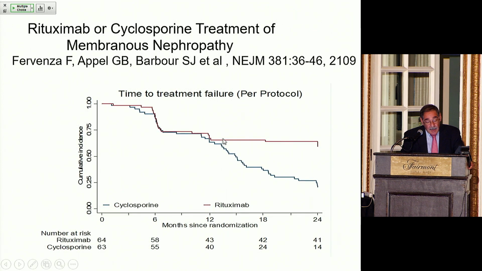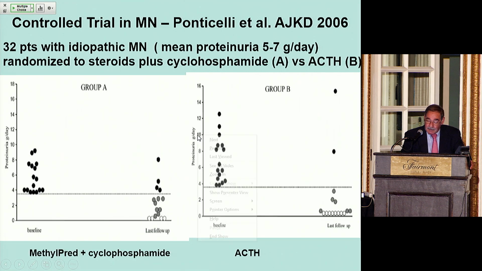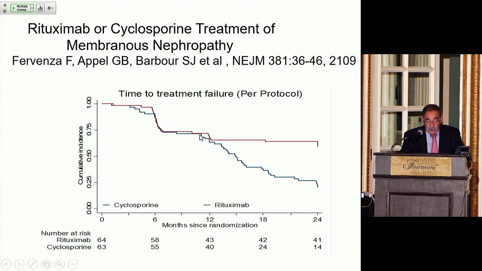But if you looked at relapses, the rituximab didn't relapse at the end of it. I'm a slow learner here. Here you go. The cyclosporin kept relapsing. So essentially, you got the same 70-something% remitting. This study was done in people who averaged 14 grams of proteinuria for at least 5 months. So this is a group that's very likely to progress. And again, 70% responded with either drug, but you had fewer relapses over time with rituximab. So a very strong positive study.